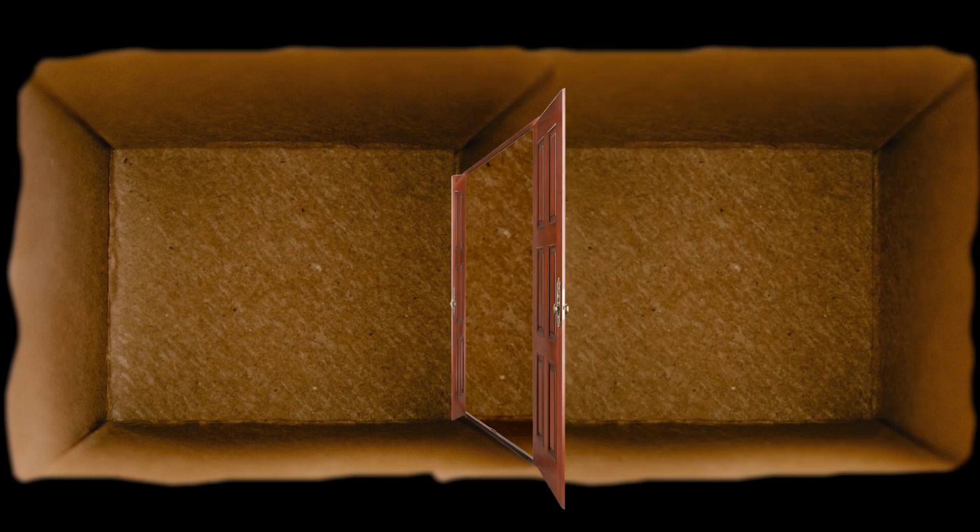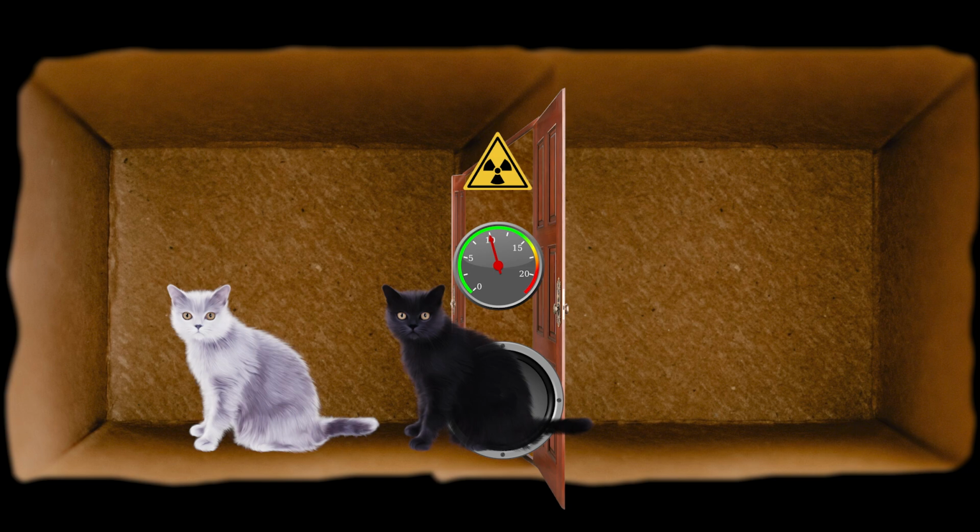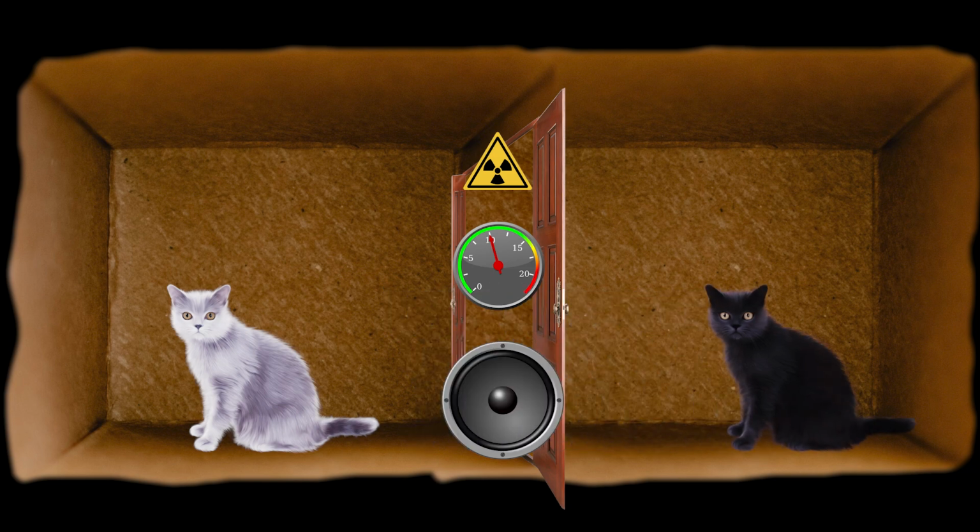Actually, let's make it two boxes, side by side. They both have doors or removable separators between them. Inside the boxes, you have a radioactive source and a radiation detector, just like in Schrödinger's original thought experiment. But instead of triggering something to kill the occupant of the box, it's attached to a speaker that emits a sound of dogs barking. Now, let's say you got two cats, two very antisocial cats, one black and one white,